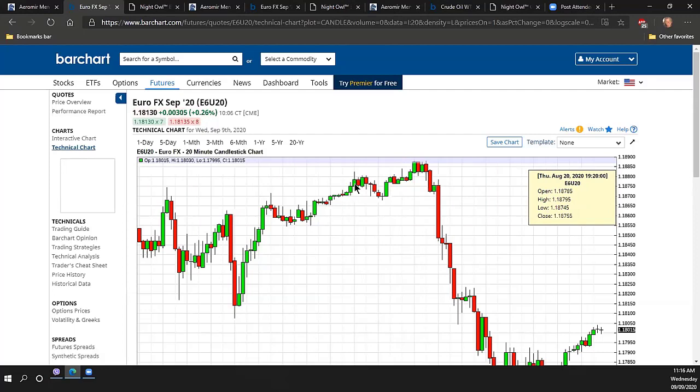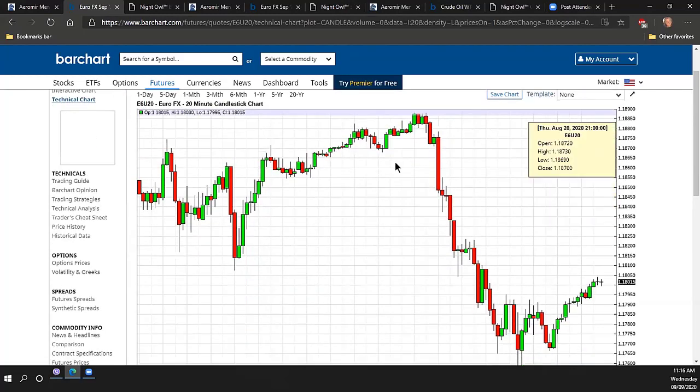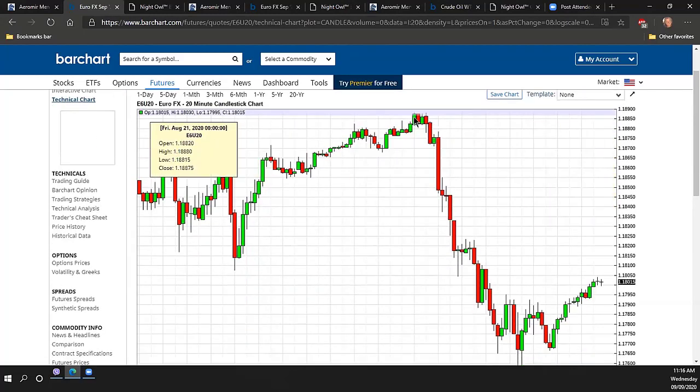typical. Night Owl prefers taking its entries on retracements. In other words, moves against the direction we ultimately want to go. In this case, market actually went all the way up to 1888 before going down as Night Owl foresaw that it would do. So